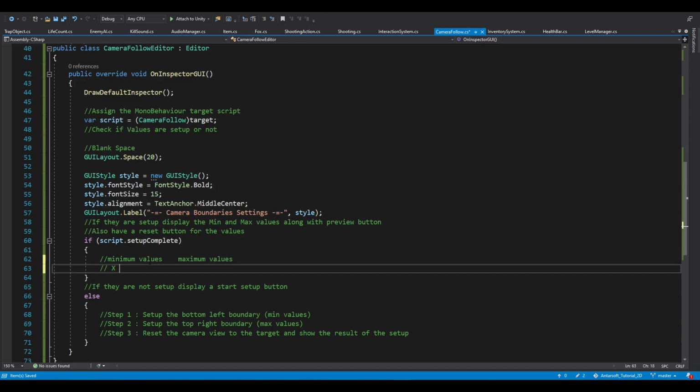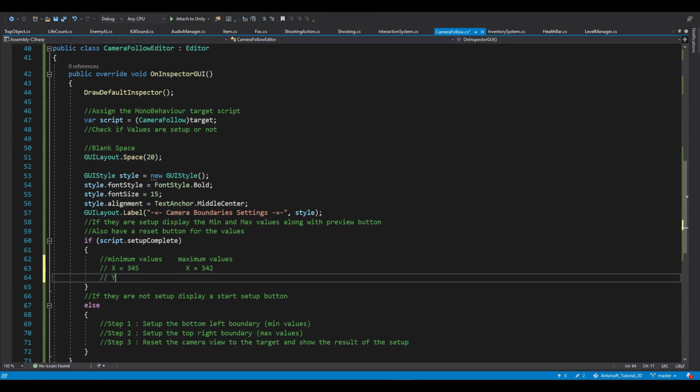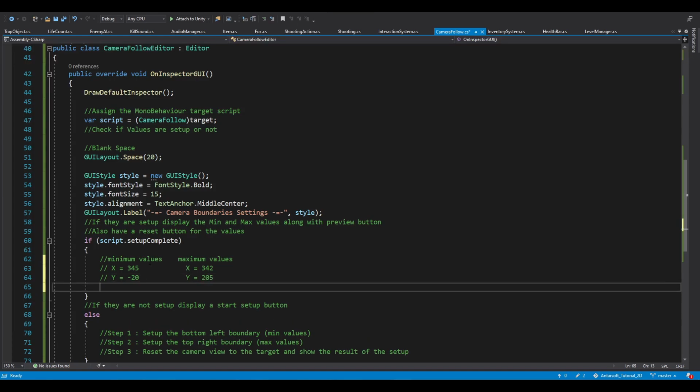I'm going to write here x equals something, and then in here x equals something, and then for the minimum a y equals something, like minus 20, y equals 205, and underneath this I'm going to put a button, call it view minimum,